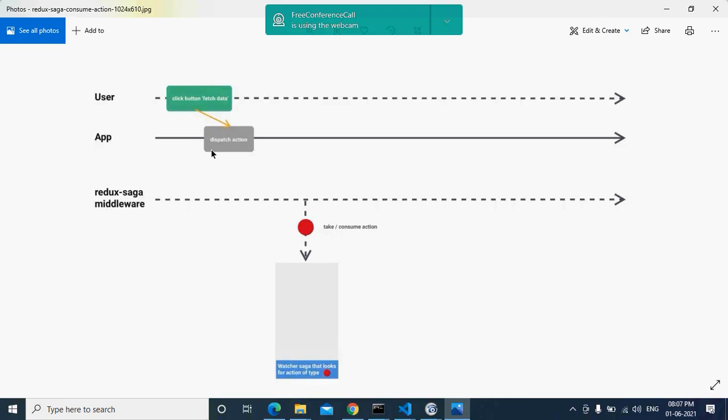What is the type of action that we are dispatching? The Redux Saga middleware will watch for that action. It tries to watch all actions, but it will only consider the actions we tell it to watch. So first we have to write a watcher saga for that. So if you see,